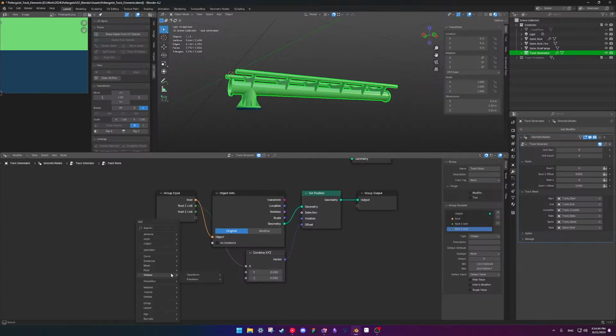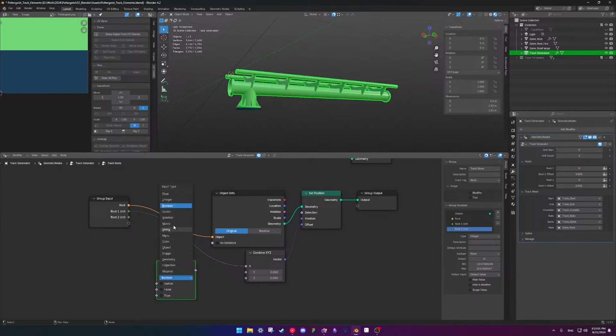Actually, no, I need to do that if statement thing. It's not a compare, not an if statement, switch. There we go. So we're gonna do this. If, hold on, geometries, boolean, no, integer. Integer here. Okay, let me think. Wait, no, let me put this in there. If this is true, no, if this is,